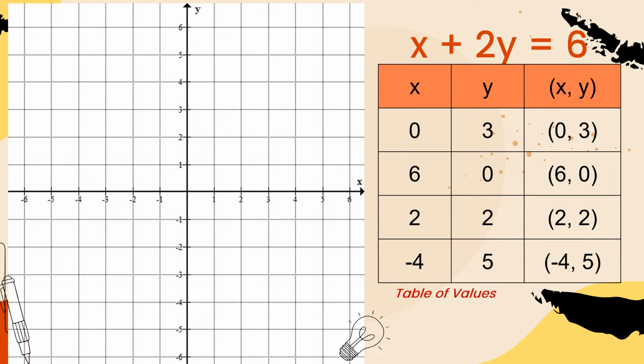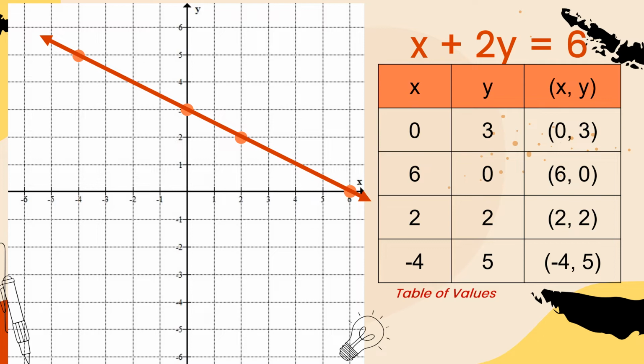Let us try to plot the points in our Cartesian plane. So, we have 0, 3. So, this is the point 0, 3. The other one is 6, 0. We also have 2, 2. We also have negative 4, 5. Can you see the trend in our points? Correct. As you would notice, parang may sinusundan siya. And if we are going to connect them,